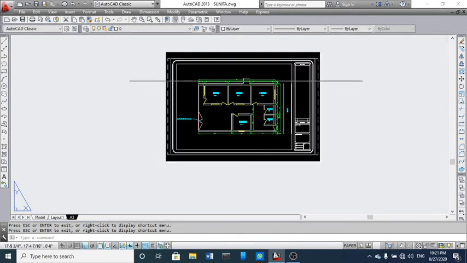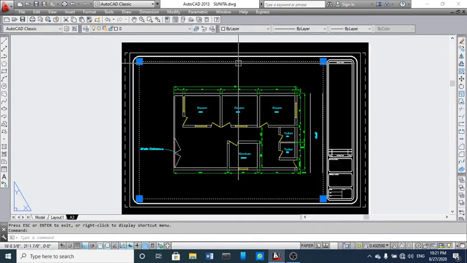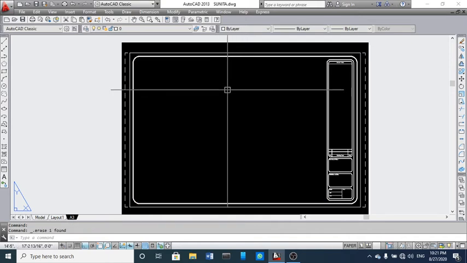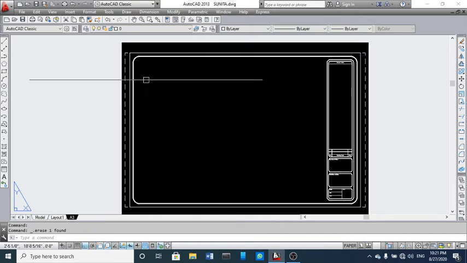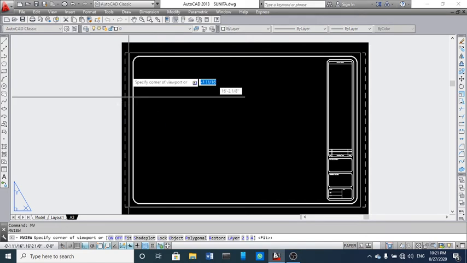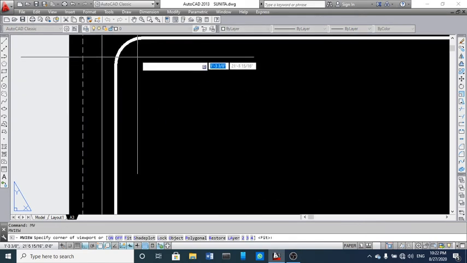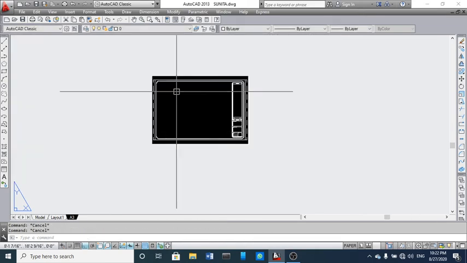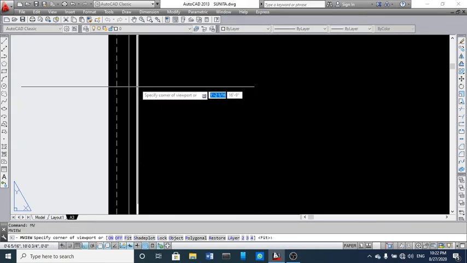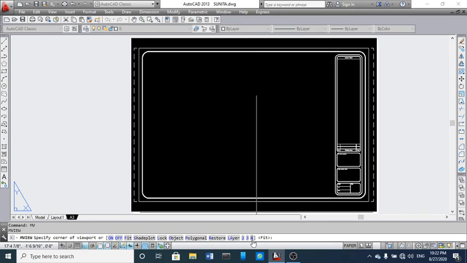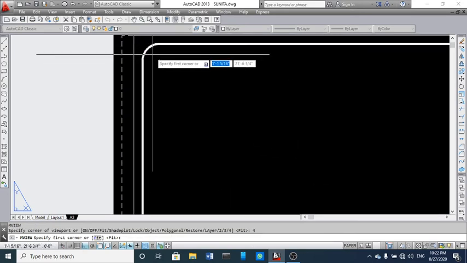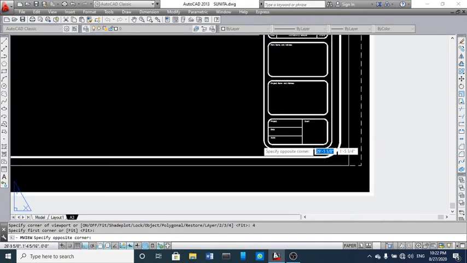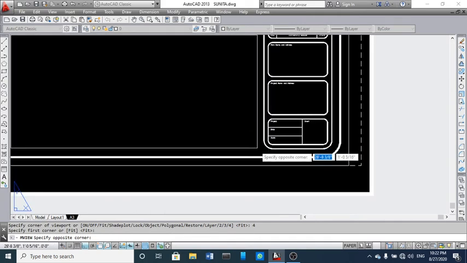Another form of layout that you can also take, if you want to choose more than one view, so you can choose MV again and go to any specific point before that MV and select 4. Here you can see 4, so I am choosing 4 and selecting the space.